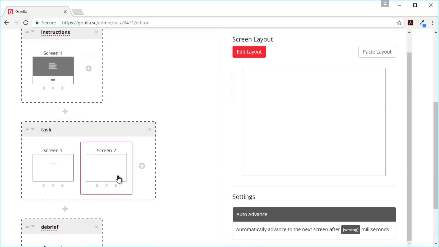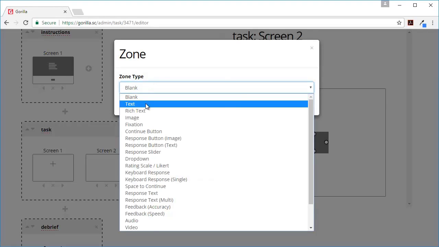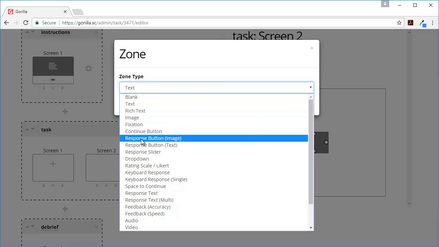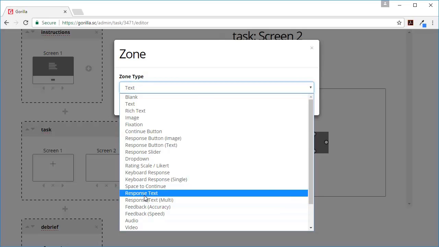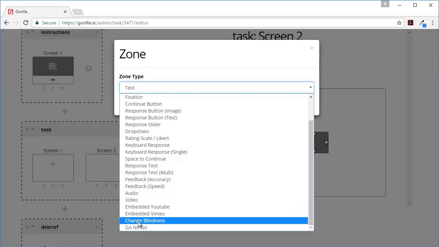So now there's just the guts of our task that we need to create from scratch. What I want to do is show some text. There you go. Now there are lots of zone types you could configure it as: text, response button, rating scales, free response text for free recall tasks, audio, video, change blindness template.